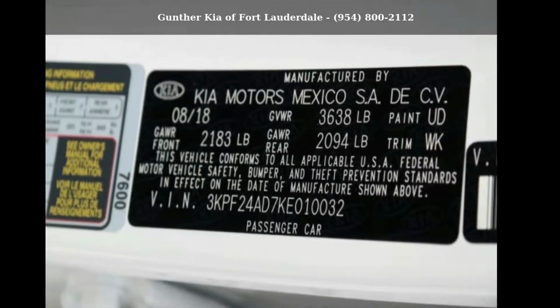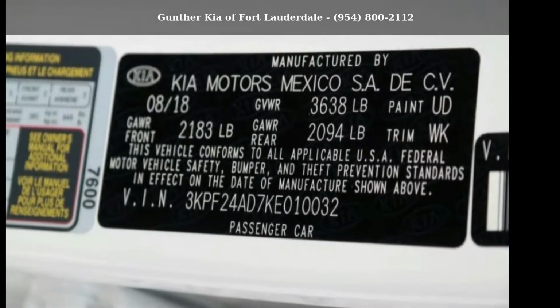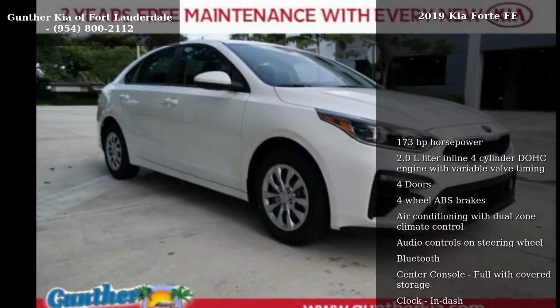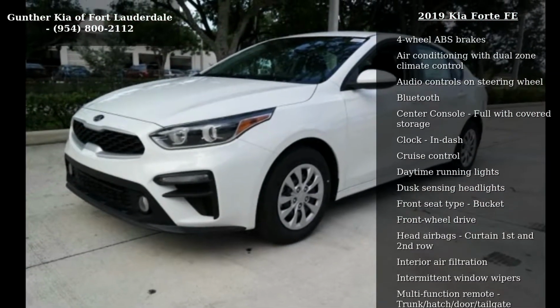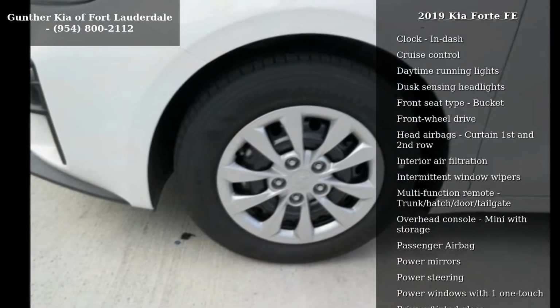Imagine yourself in this Kia 2019 Forte FE. If you are looking for an automobile with great features, look no further. This vehicle's top features include 173 horsepower,